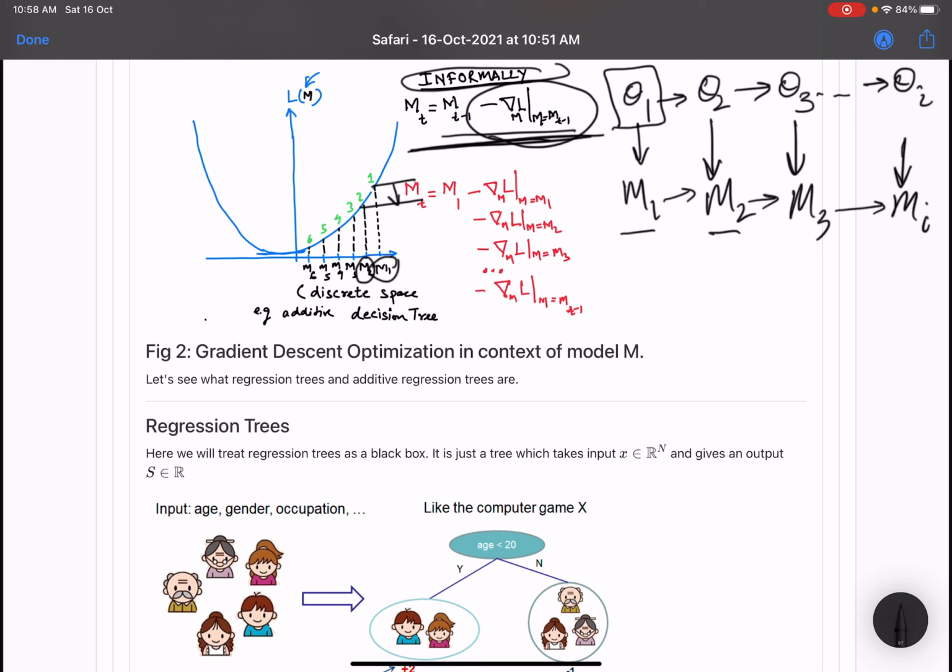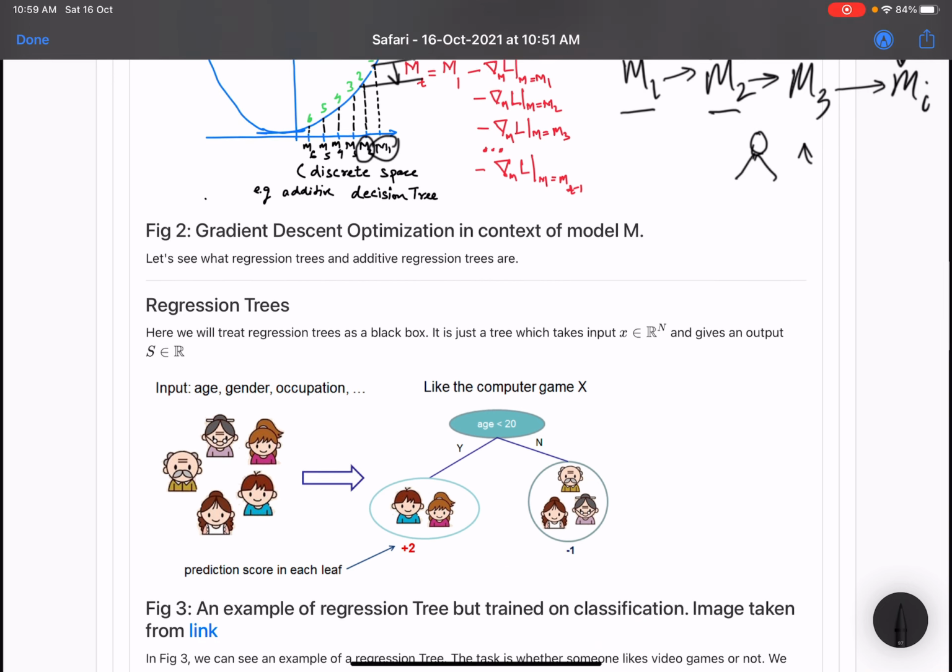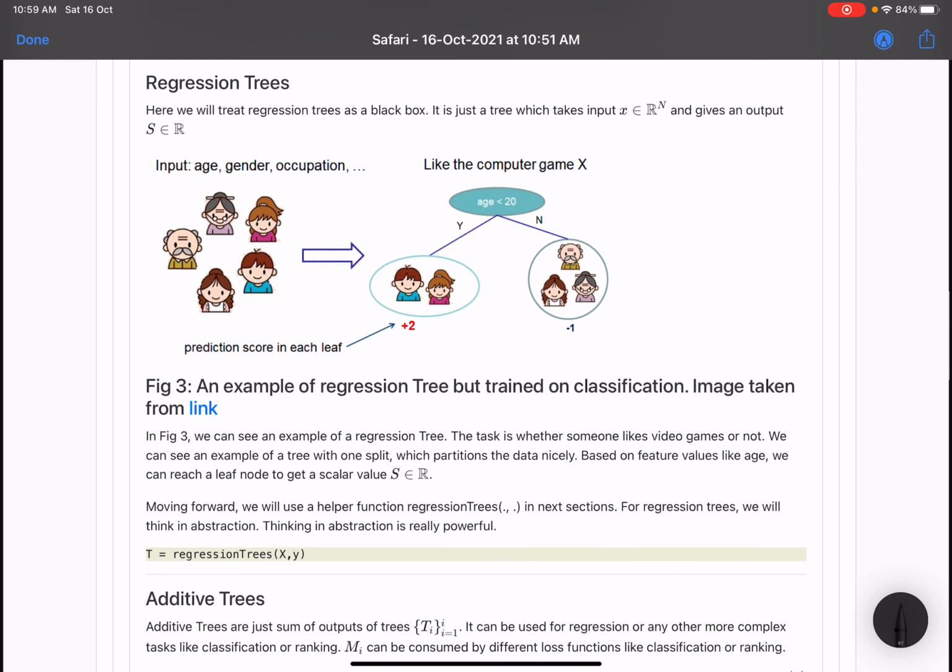So basically gradient descent helps you evolve the models. We don't know how yet, and that's the challenge, because trees are not like vectors, right? It has some structure. You have to learn these thresholds, which are usually tuned by brute force, but you also want to minimize your loss function. So these are kind of confusing, but yeah, let's go on, right? Let's see what regression trees are.